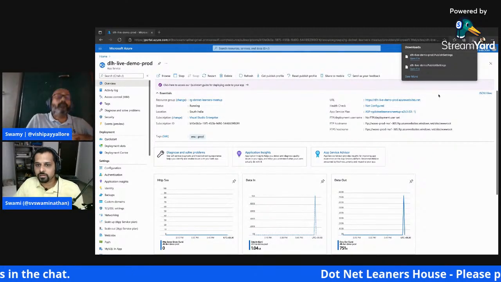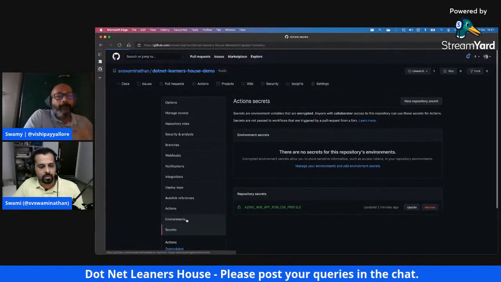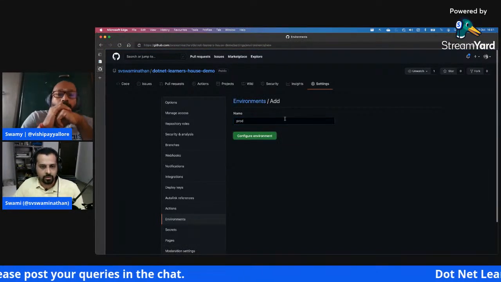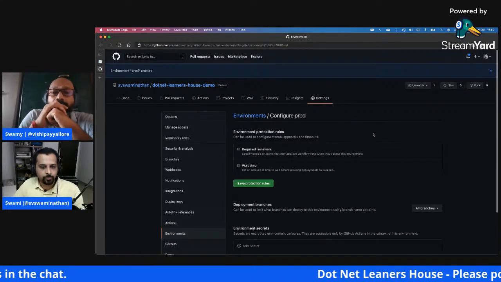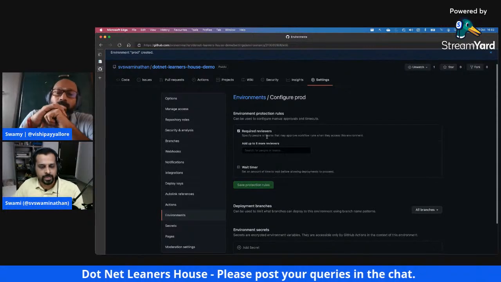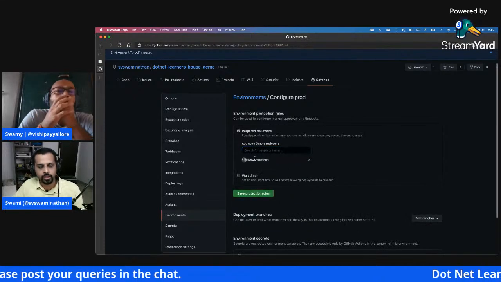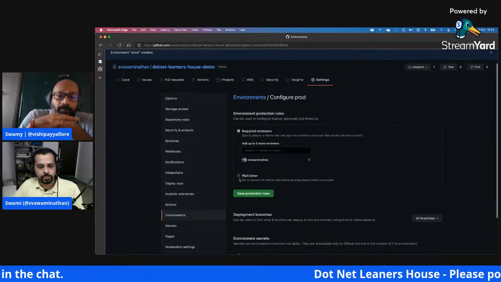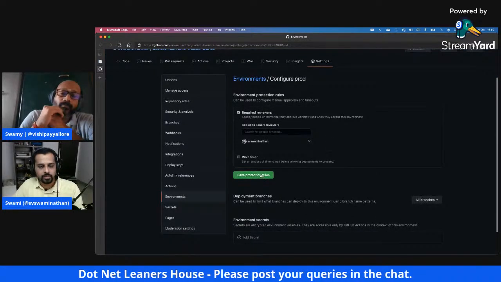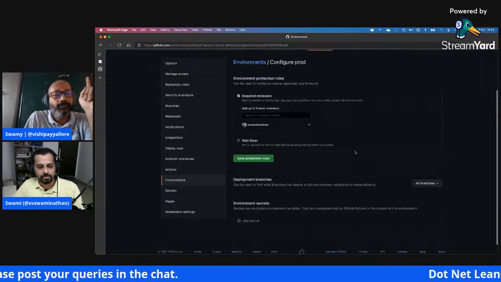Prod, right? And this prod, what I'm going to do now is make it environment specific, because I don't want to make it a generic one. So here is where you will define environments, right? I'm going to create a new environment called maybe prod, and then I'll say configure environment. Here is where the approvals and other things would come into the picture. Here it says environment protection rules, required reviewers. That means whoever you're adding here, if they approve, only then the deployment to this particular environment will go through. You can also set how long you want to wait before the deployment should get rejected or auto rejected or not, right? So I'll just save these protection rules. This is one feature to protect the environment or restrict the deployments to different environments.